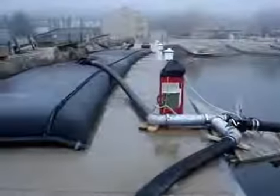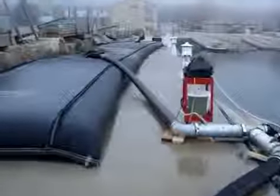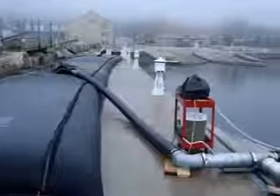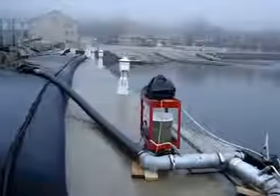And here you can see the tubes, as I said, in the process of dewatering. So this is Bailey's Harbor Public Marina, Bailey's Harbor, Wisconsin, up in Door County, and today is October 23rd,